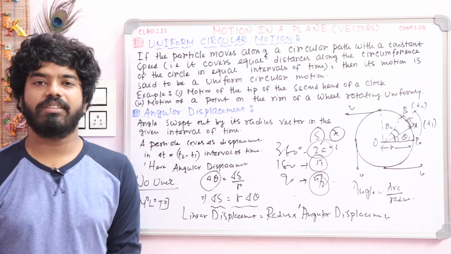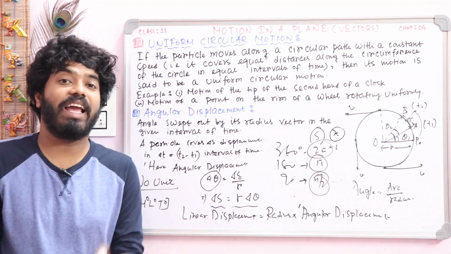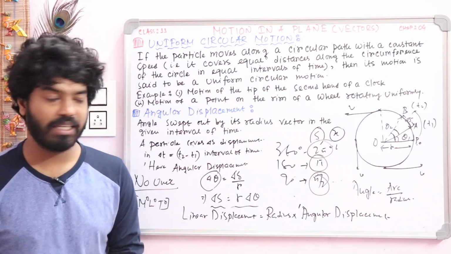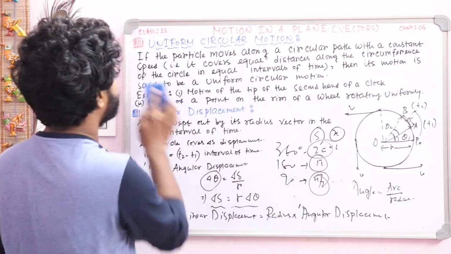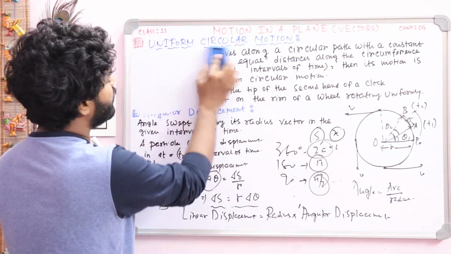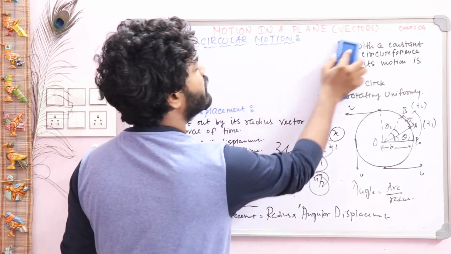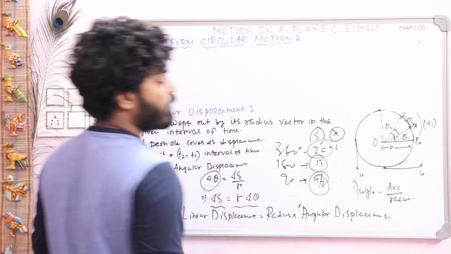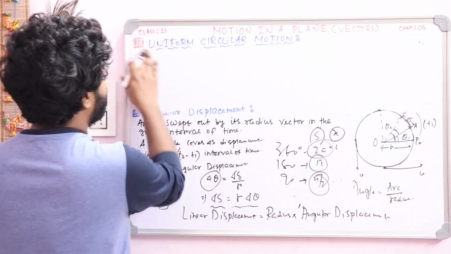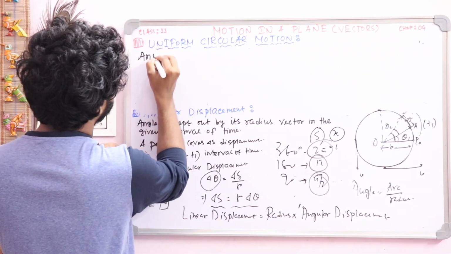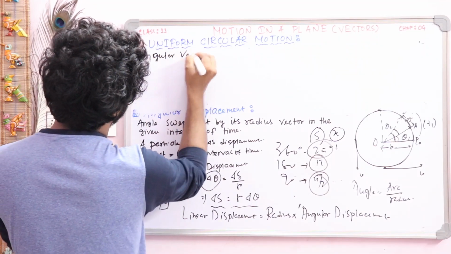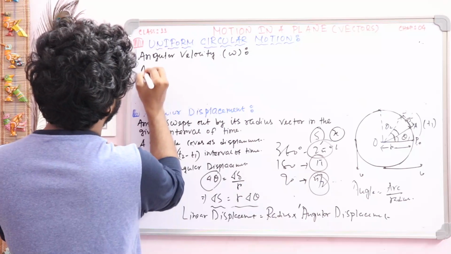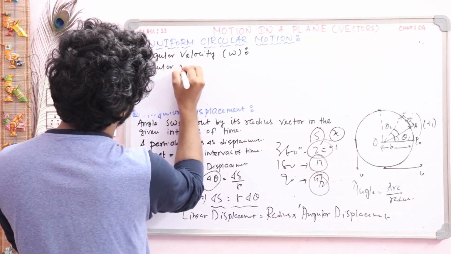Now we will discuss the angular velocity. What is the meaning of angular velocity? In the same way, we learned that the linear velocity is denoted by symbol v. So the angular velocity definition will be the same thing. All of you know the definition of linear velocity, that the time rate of change of displacement. Displacement by time is known as linear velocity. So here, write it down, angular velocity, which is denoted by symbol omega.